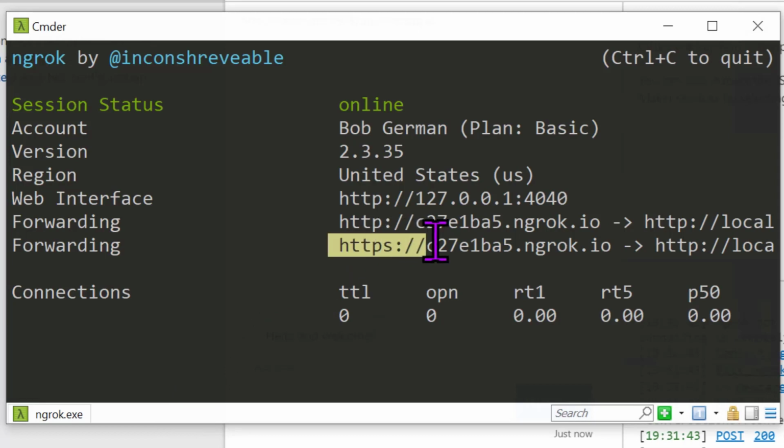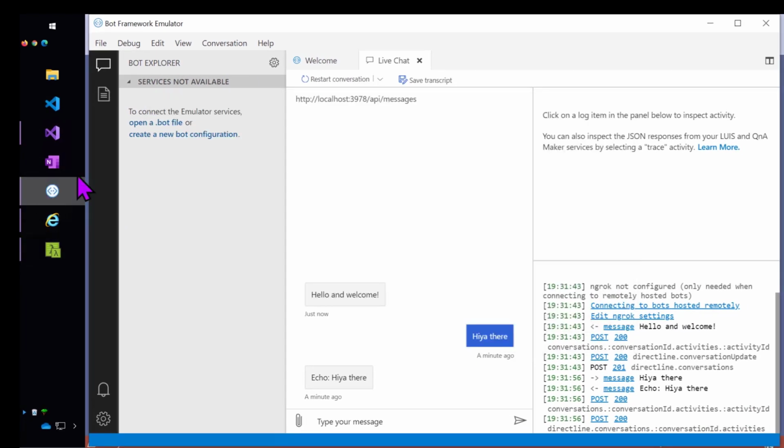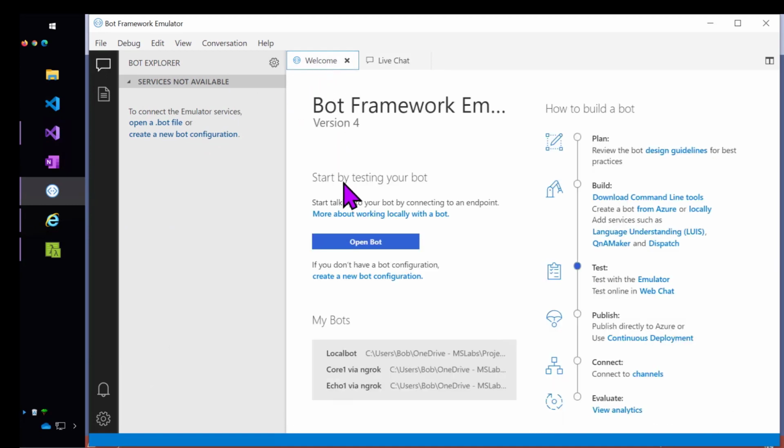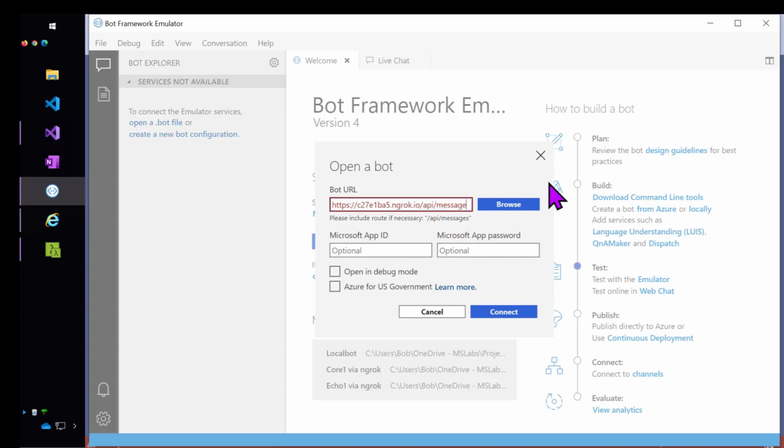So I'm just going to grab the external URL that ngrok set up. And now, leave that command running. Now I can actually talk to my bot using this public URL. So let's see if that works. Add the path, API messages, and